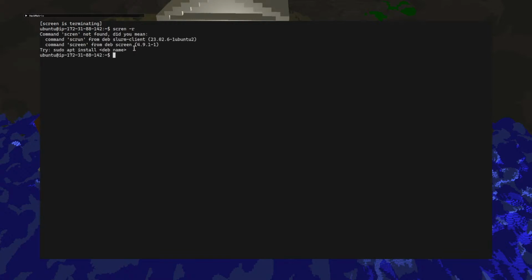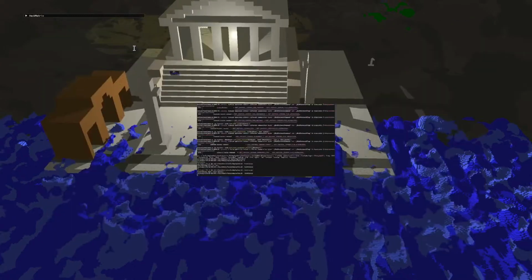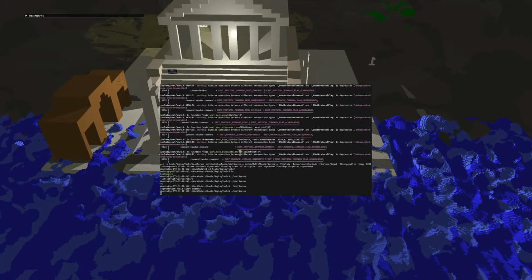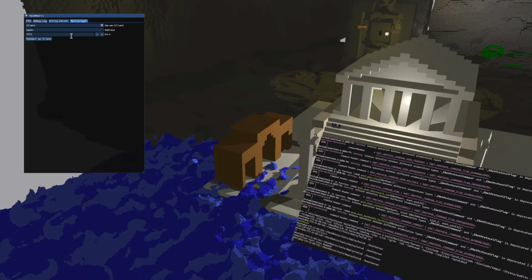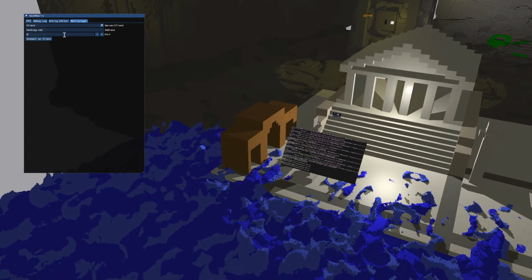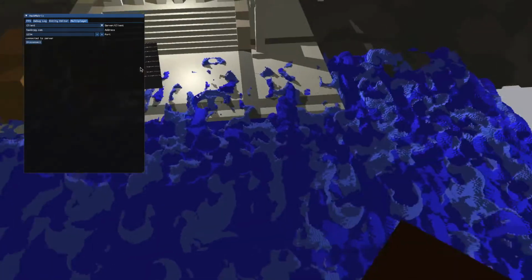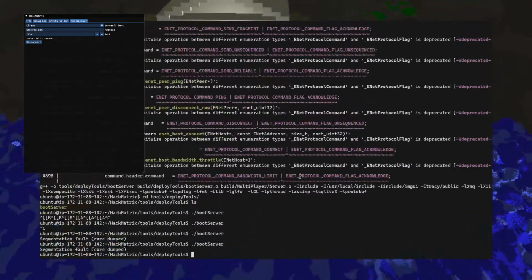Screen r. Oh, it's segfaulted. How interesting. Not sure why. HackRPG.com. Okay, and then 1, 2, 3, 4, and then connect. Okay. So I have connected, and it's segfaulting. Why is it segfaulting?